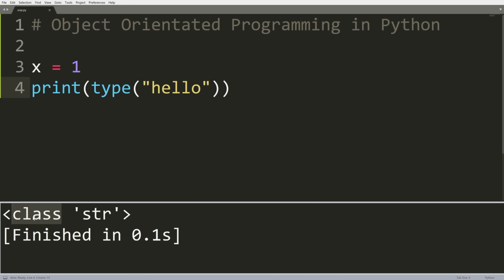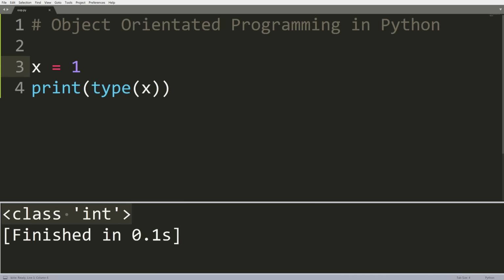So notice that this says class. Now, most people just disregard the fact that it says this, but this is actually very important. What this is telling us is that this string that we typed in is actually an object of the class string, right? str. Now, what do you think is going to happen when I put in x? Well, we know that x is an integer, so let's have a look here, and we can see that we get class int. So notice that these different data types that we've called before, a string and an int,